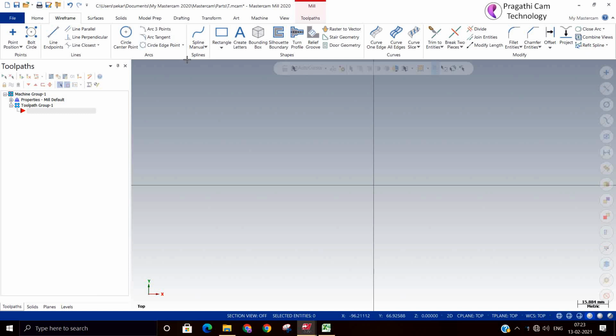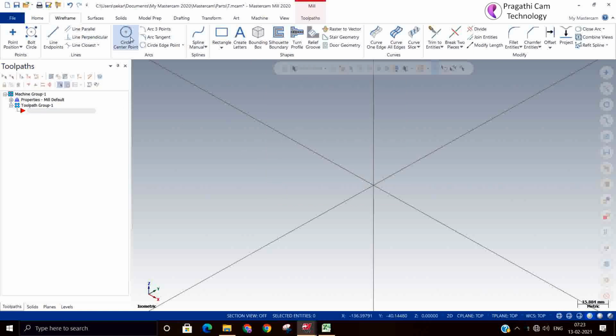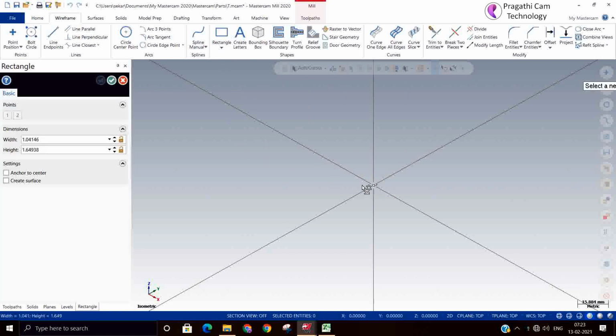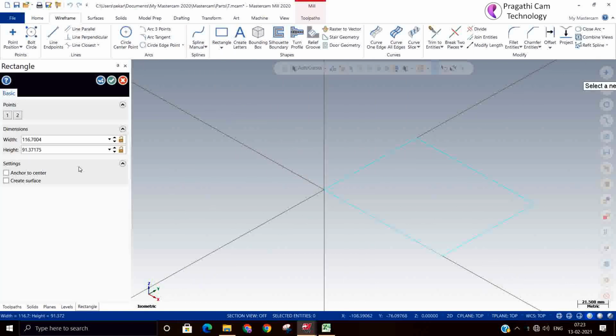We are going to see two-and-a-half axis common parameters. You cannot say this is 2D machining, because by doing XY movement alone you cannot do any milling. You need Z movement also. So if it is moving in XY and for the depth it has to move in Z, that's the reason it is called two-and-a-half axis.